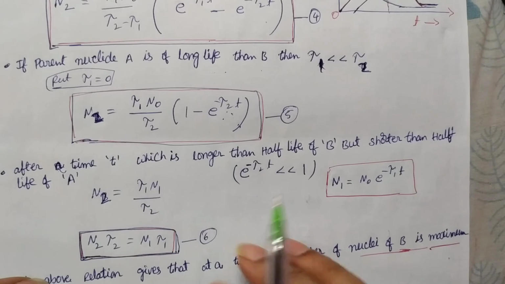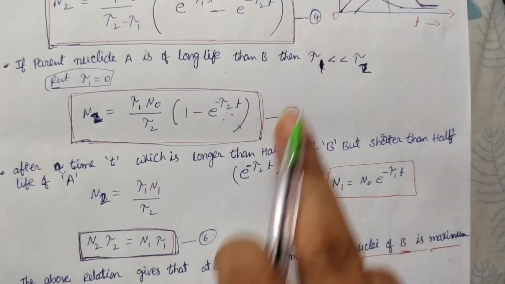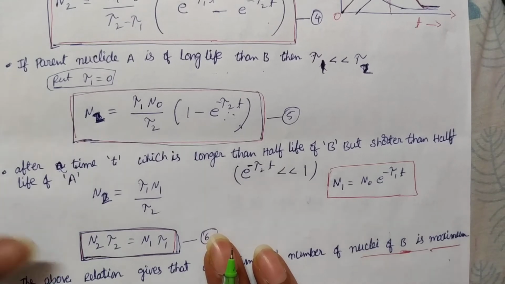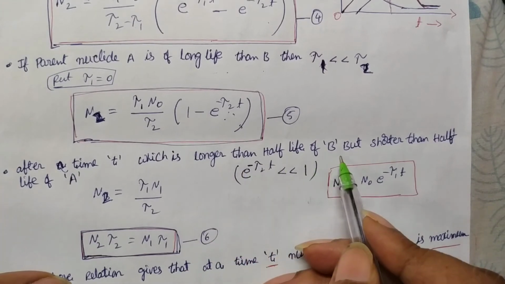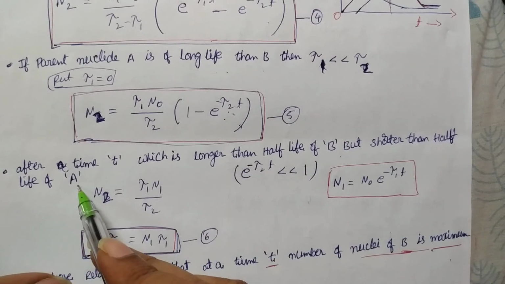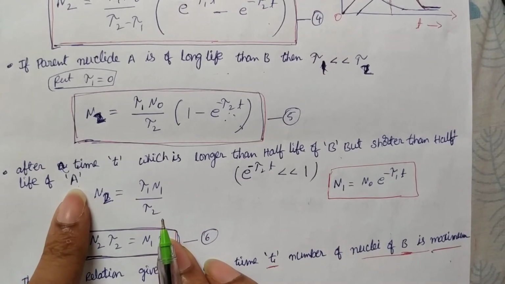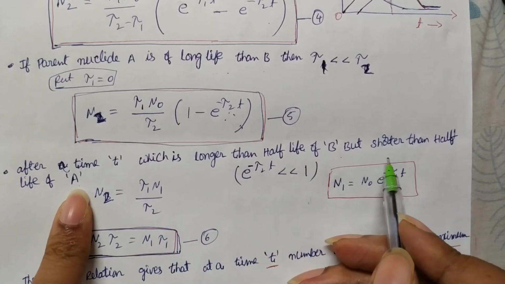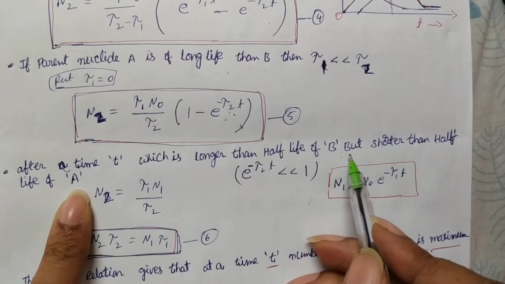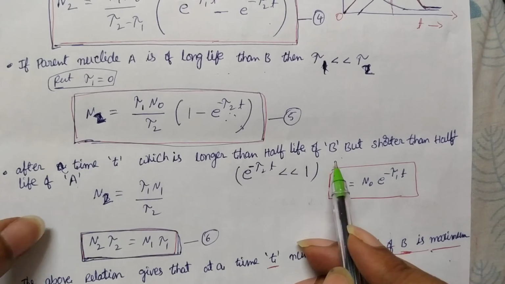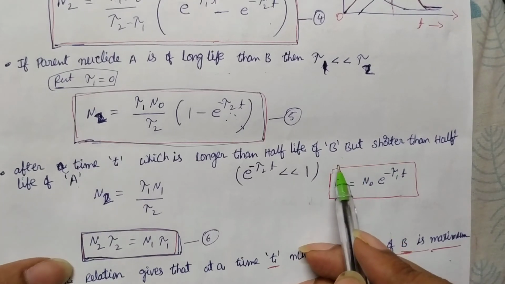Suppose they want the number of nuclei in the same case, if the time is between the half-life of A and the half-life of B. We know that the half-life of A is more and the half-life of B is less. So the time is longer than the half-life of B and shorter than the half-life of A. Suppose the half-life of A is 1 year and the half-life of B is half a year, and they took some time in between 1 year and half year. So if you take time in between the half-life of A and the half-life of B, then we can write here